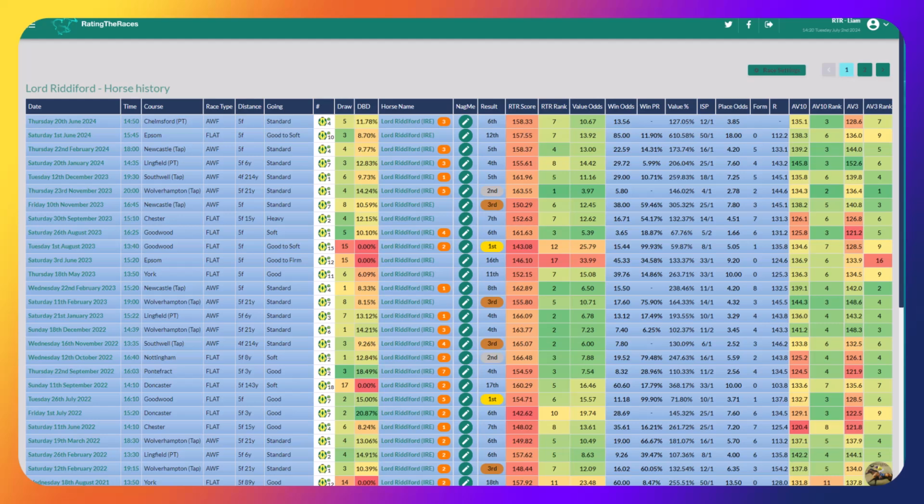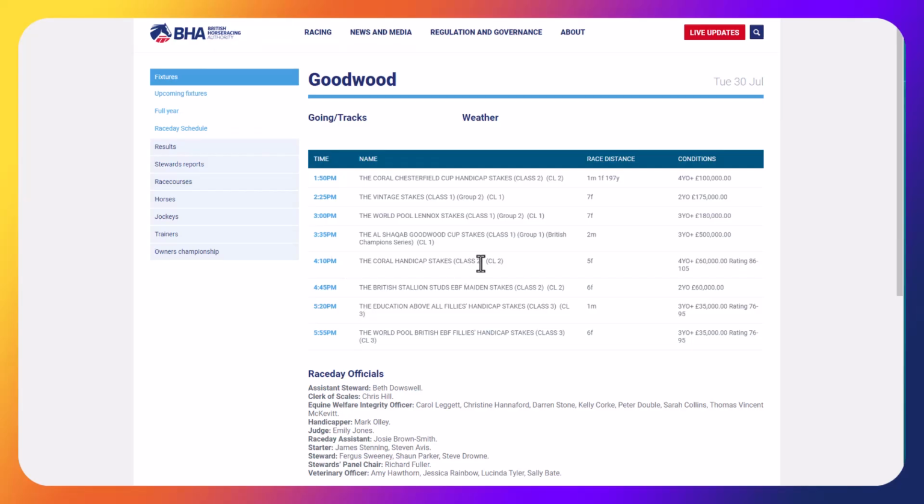Moving on to Lord Riddiford, who's dropped £1 to 82. That's kind of lucky, isn't it? I wonder if there's a race that he could run in. Maybe this 5 furlong handicap at Goodwood on Tuesday the 30th of July. If you're not aware, he's won it for the last 3 years. Interestingly, he's won it for the last 3 years, and yet he's gone off